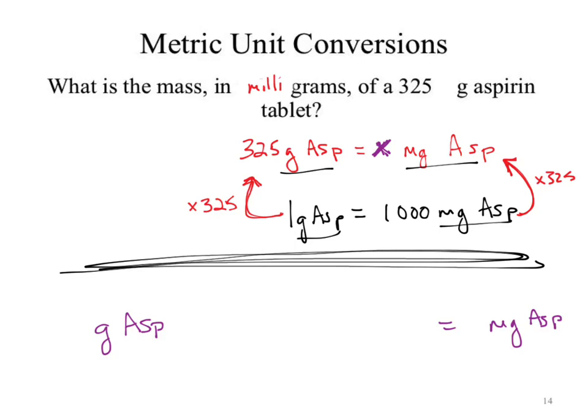Now that I have the correct placement of the unit, I can bring in the number. What's the number? 325. Okay, and I can put it over 1 to help emphasize the fact that that is in the numerator. Is grams of aspirin what I want for an answer? No, so what do I need to do? I need to do some kind of conversion factor. That conversion factor needs to have grams of aspirin in the denominator. Why in the denominator? So that the units can cancel. What should show up in the numerator?